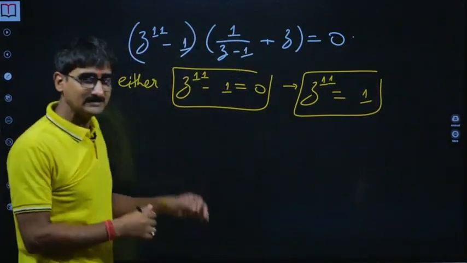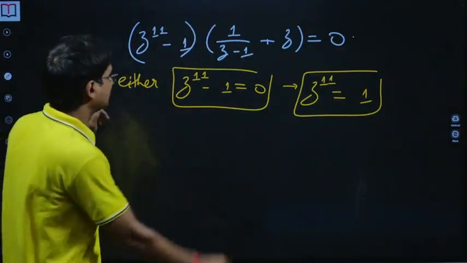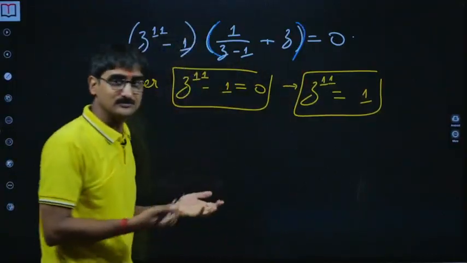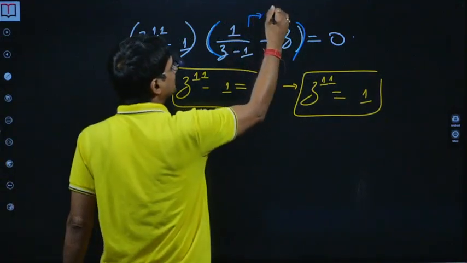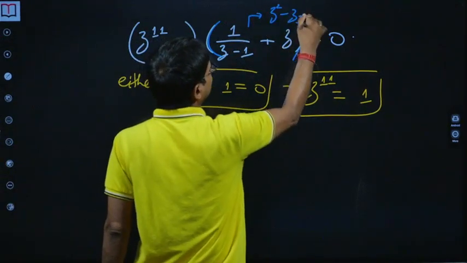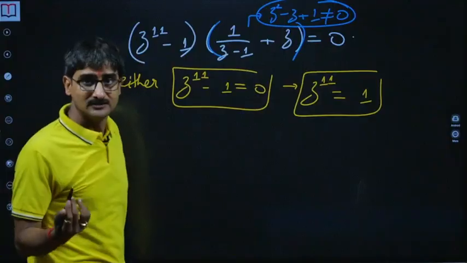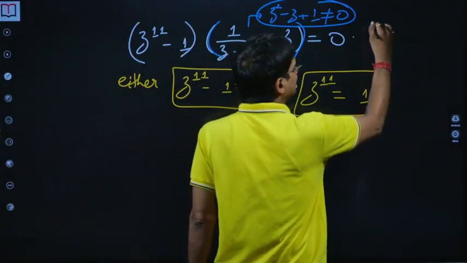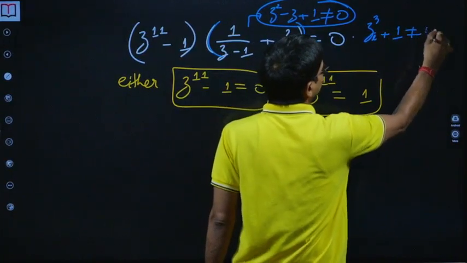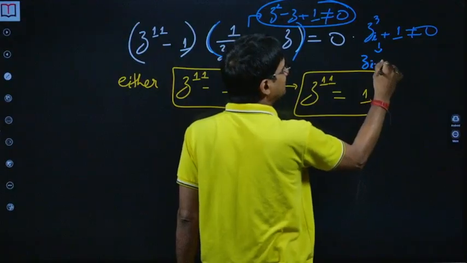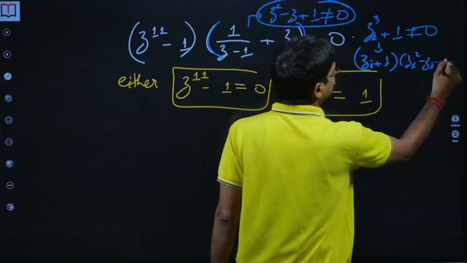If that is the case, it's really going to be a simple one. But then the other point is, what about this one? What if this is 0? If you simplify it, you get z^2 - z + 1. Now this can't be 0. Why? We are given zi^3 + 1 can't be 0. Its factors are zi + 1 and zi^2 - zi + 1.